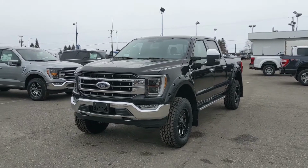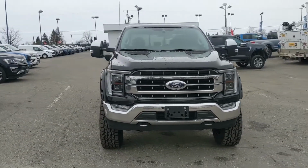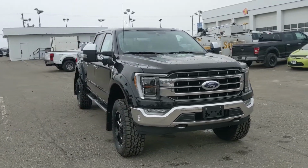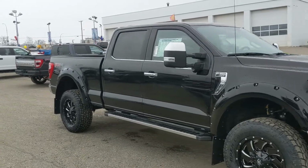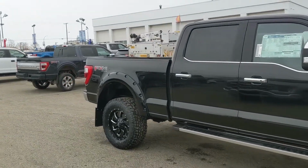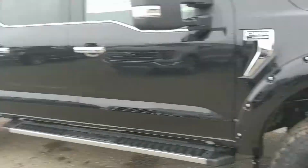Hello, this is Eric at Prince George Ford, and we're taking a look at the newly redesigned 2021 Ford F-150 in a Lariat trim and powered by a 3.5-liter V6 EcoBoost engine, providing you with plenty of power for towing, hauling, and 4x4ing, with some excellent fuel efficiency, and coming with some nice upgrades installed right here at Prince George Ford,